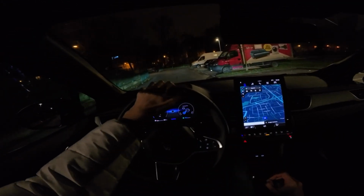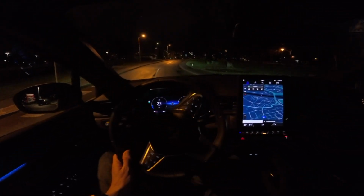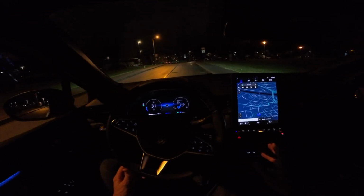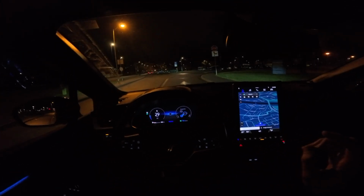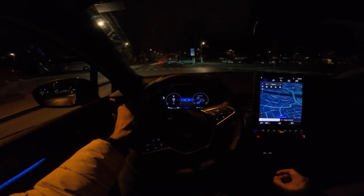Now, I said 145 horsepower. So, for those of you who may be new here and don't know, we have the full hybrid system. That system power is 145 horsepower. Now we have a 4-cylinder naturally aspirated petrol engine